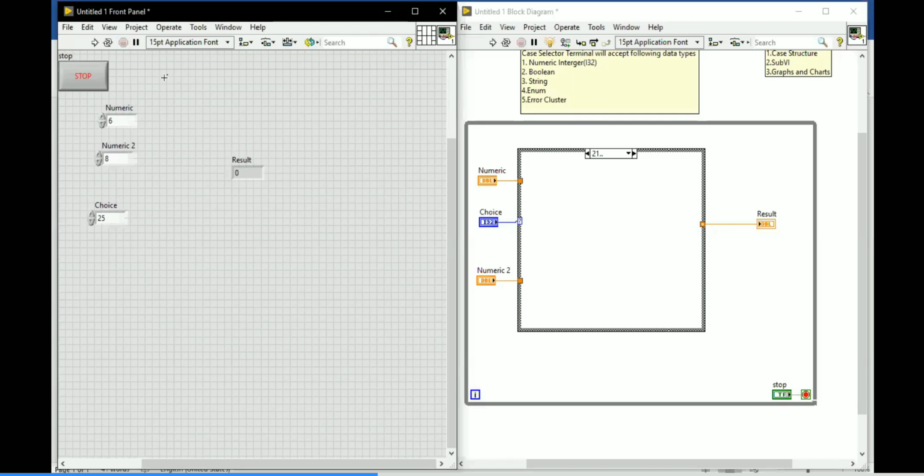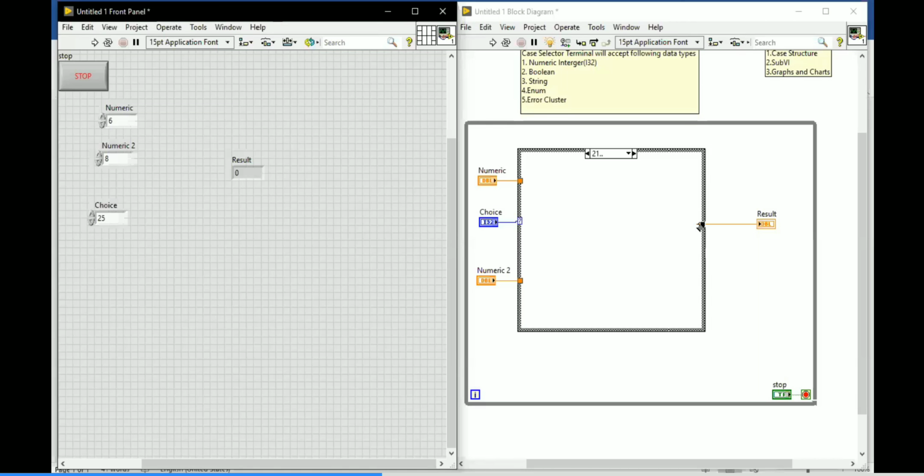But if my choice is available and I made the tunnel use default if unwired, it will give the default value for the particular data type you connected as the tunnel. Even if you wire 0, 0 will go, or you can wire any value, and that value will be returned by the result indicator. Understood the difference between use default if unwired and the default case?